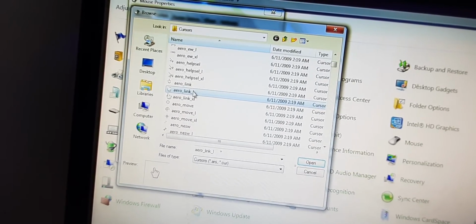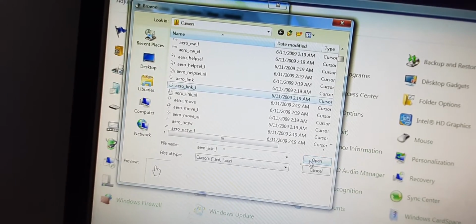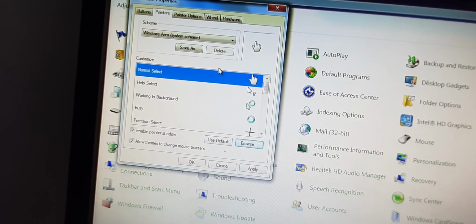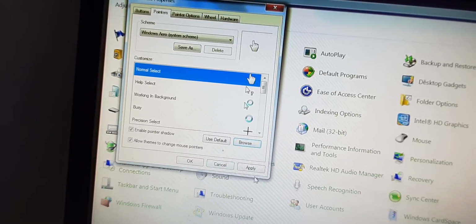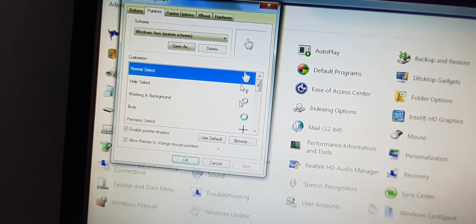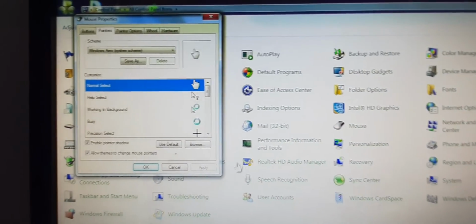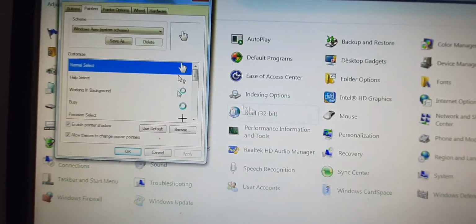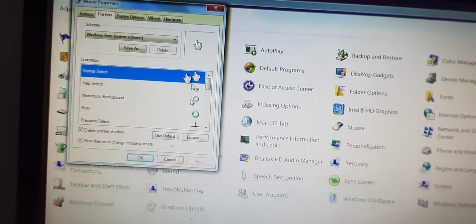L means large, Excel means extra large, and we will open it. Okay, so this pointer will come, and if we will click on apply, see the pointer will change. Can you see this pointer has changed? That arrow thing is disappeared and this pointer has changed.